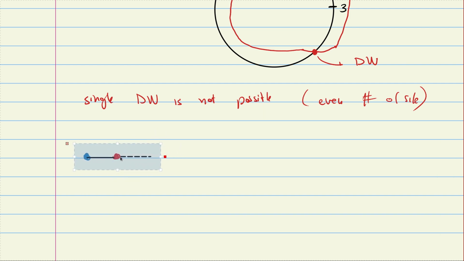So this is 1 unit cell, 2, dot dot dot, right? So this is 1, 2, 3, 4, 5, 6, 7, 8, even sides. And suppose I want to put a domain wall somewhere. Let me erase this. So what I need to do is I need to